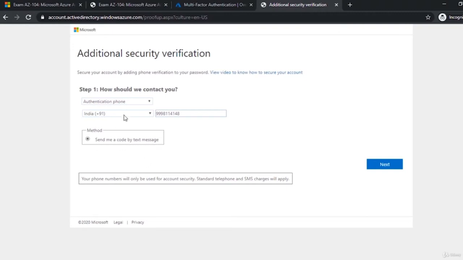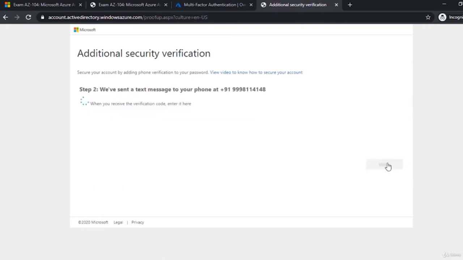Now once I set this, I can click on next. It's going to go to step 2, where I have to verify the OTP which is sent to this. If I provide that and verify, that will be the particular setting I want you to do right now, because there are chances that when I do this kind of configuration, a few people are going to put some conditional access policy into their Azure AD account and log themselves out.